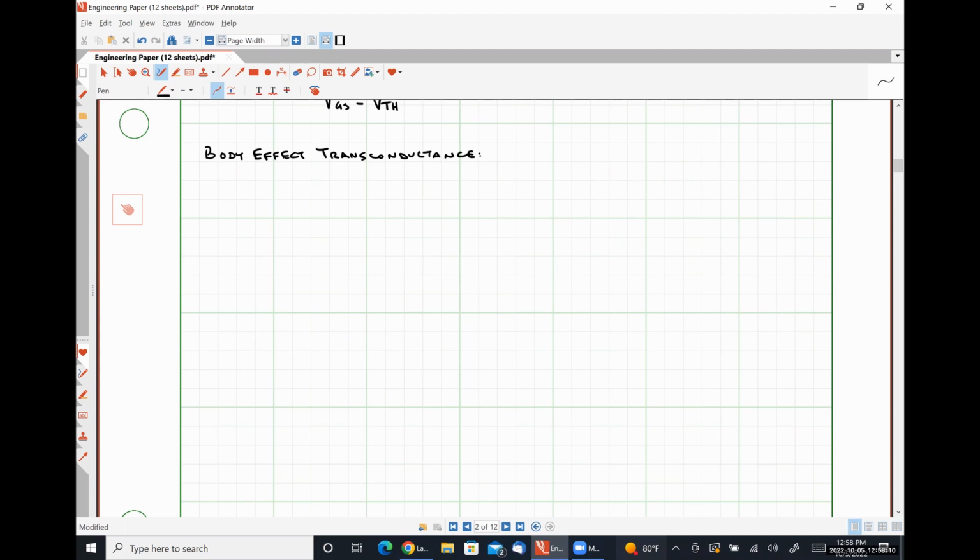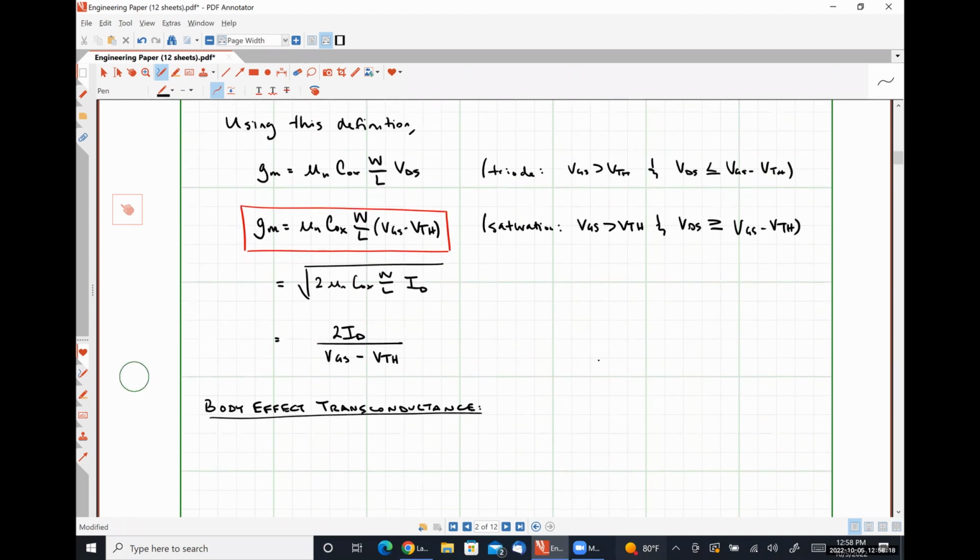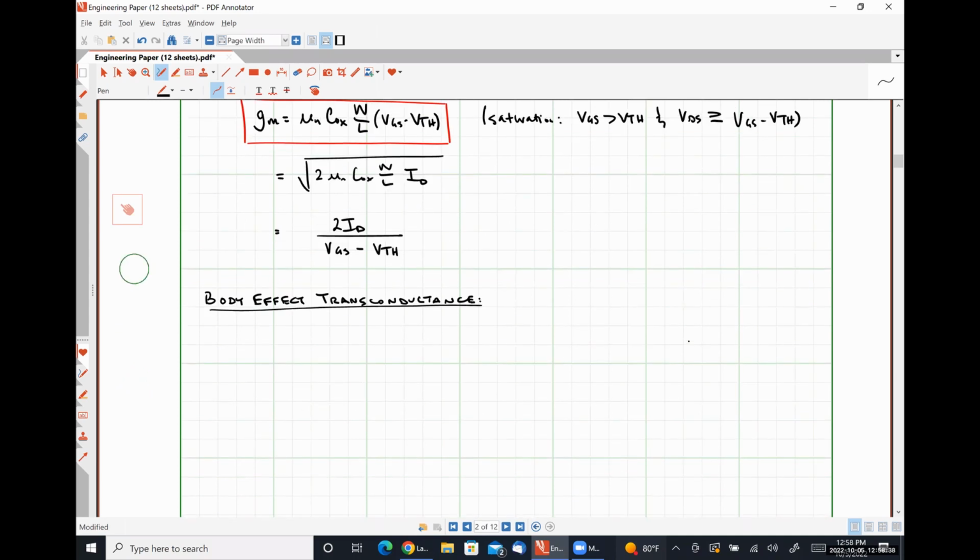Since our general transconductance depends on the quantity VTH, and the threshold voltage is dependent on whether or not body effects are present, it stands to reason that our transconductance also has some relationship to our body source voltage, VBS. So our body effect transconductance, gmb,